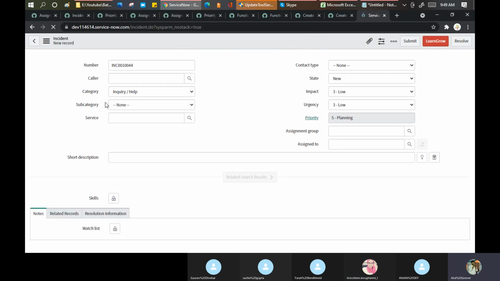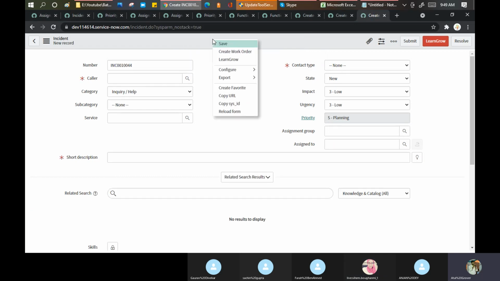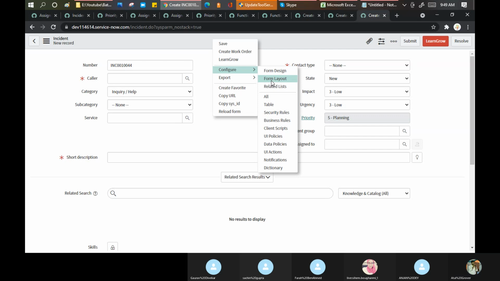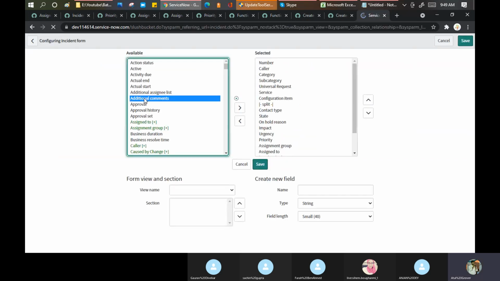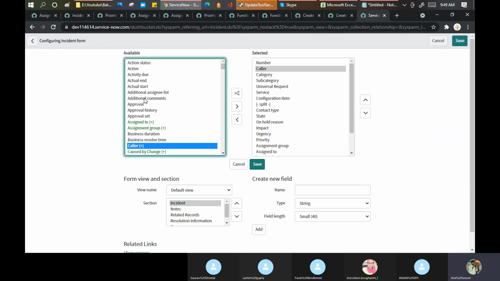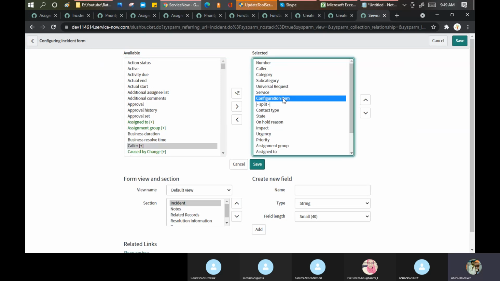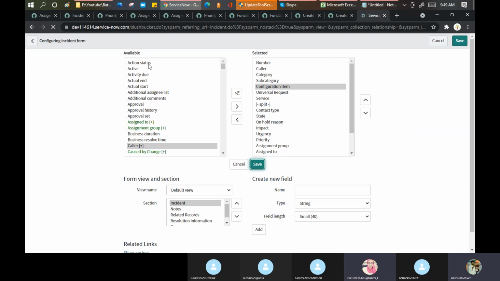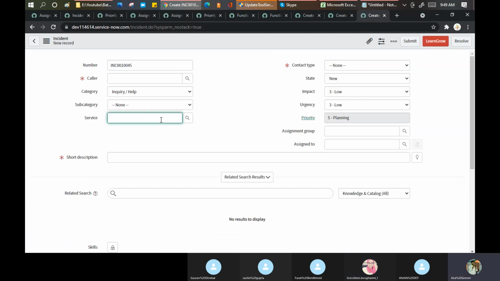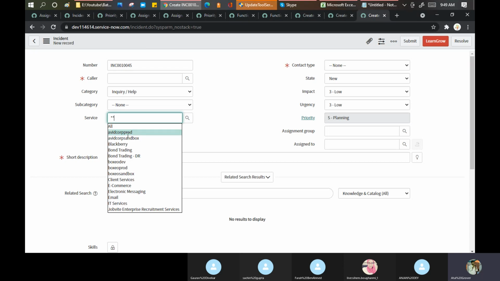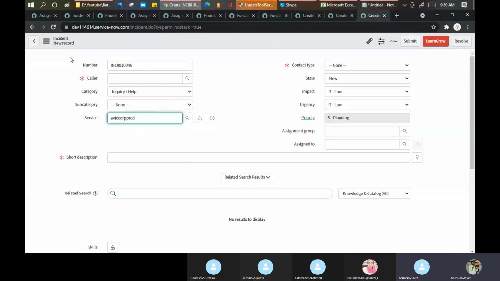Okay, let's bring that field as well on the form, configuration item. It is there only, but why am I not able to see it? Maybe on the basis of services it's showing to me. No, form view. You have to go to the form view.